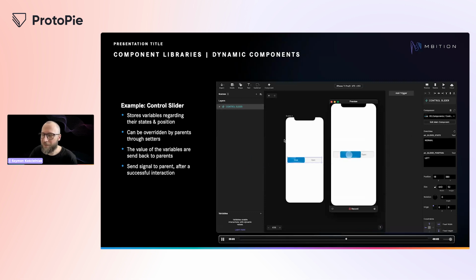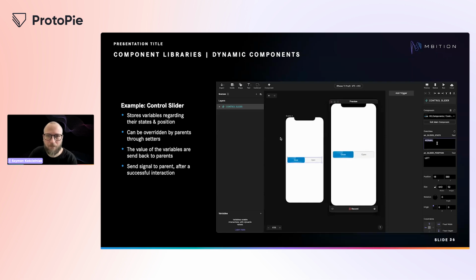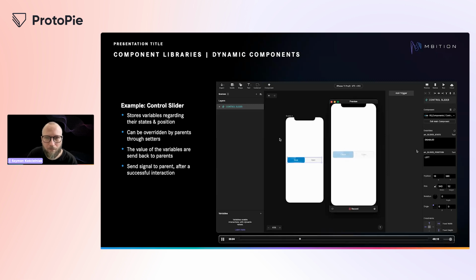This is an example of a dynamic component, which is a control slider. As you see, right out of the box it is already interactive, following the same functionality that we have in the original app. As you can see, it can store variables regarding its state and position.